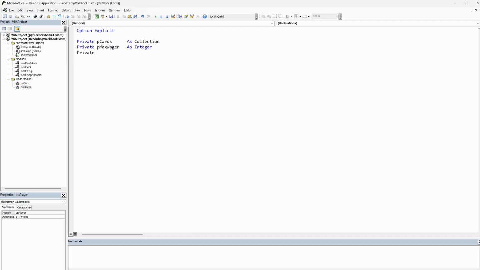Then we're going to have a private is busted as boolean. That's basically returning it to tell us if the player has busted, if the player is standing,